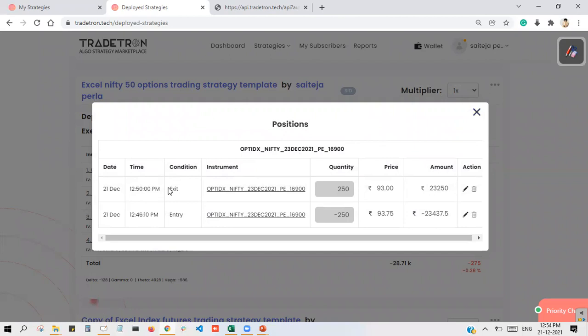I have clicked now, but the order was placed at 12:50. Now the time is 12:54, but the option order was exited at 12:50, which means that option hit the target. That's why it got exited.